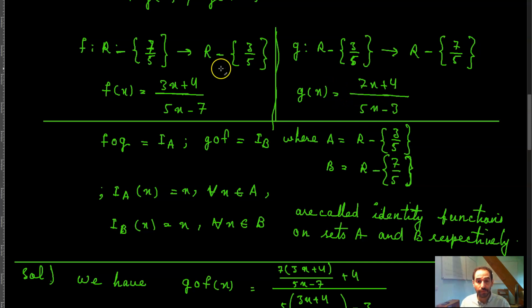We want to show that if that is the case, then f o g of x is equal to I of a. We will talk about what I of a means. And g o f of x is equal to I of b, where a and b are these two sets. And I of a of x is equal to x for all x belonging to a, and I of b of x is equal to x for all x belonging to b, and these are called identity functions on sets